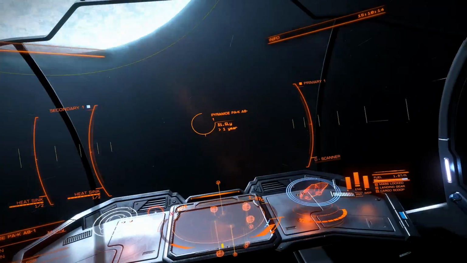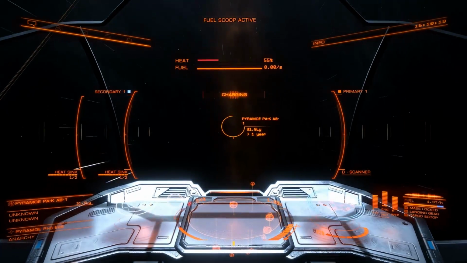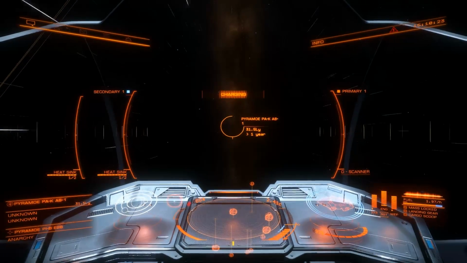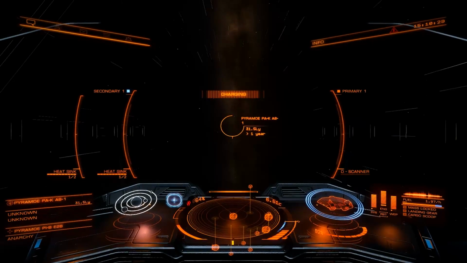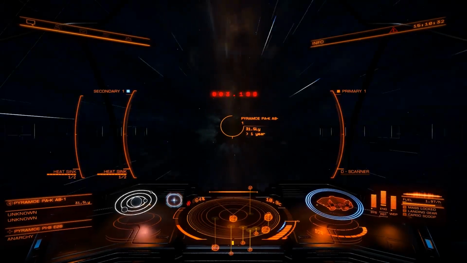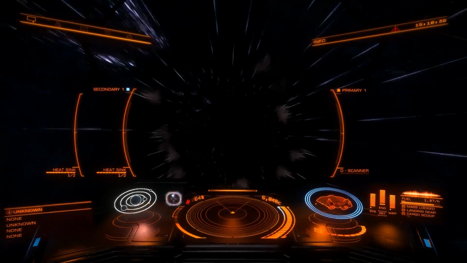So let's get to going here. Frameshift drive charging. I know that kind of took a couple of minutes to get going, but whatever. It hasn't been too terrible to get to the edge of our routes when we stop trying to scan all the stars and everything. 4, 3, 2, 1. But I really wish...